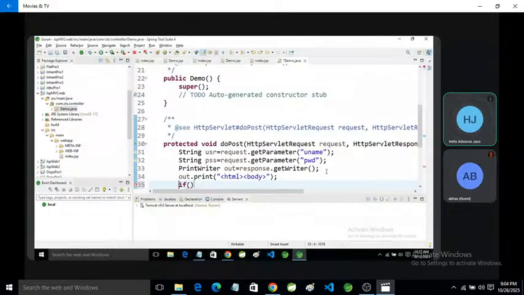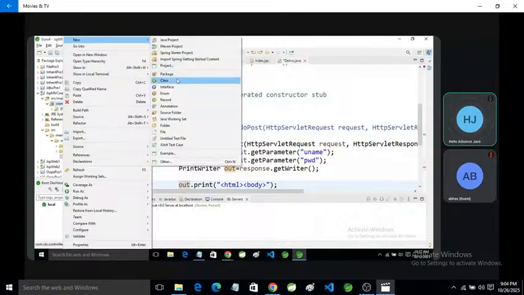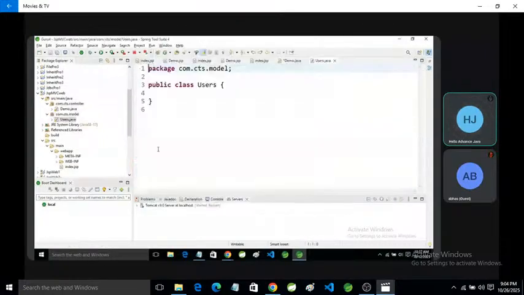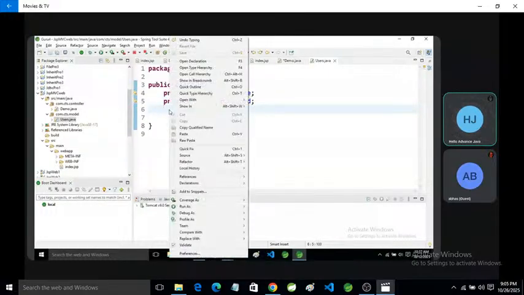After that, first of all we need to put the value in the object of a model class. So we are going to create a class, specify here model, class name is Users, private string username, private string password, and generate getters and setters.